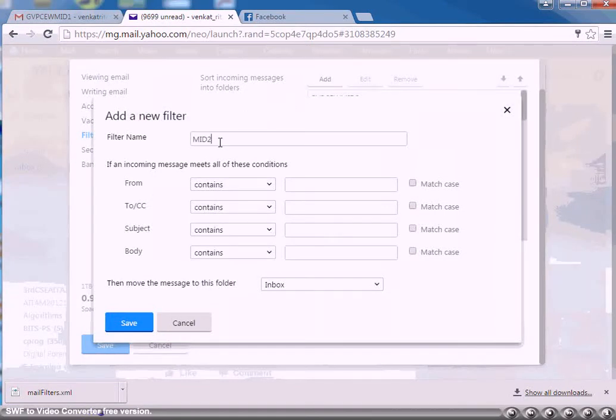I have entered filter name as Mid 2. I wanted to select those incoming emails whose subject field contains GVPCEW Mid 2. Thus, I have entered in the subject line text field GVPCEW Mid 2. You can enter any other search string.